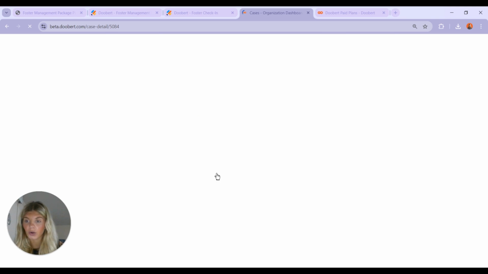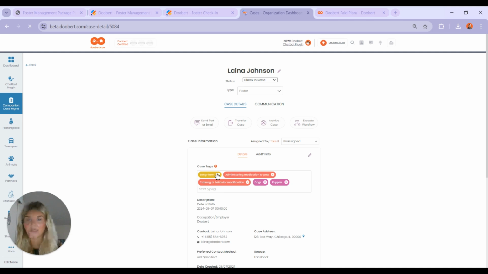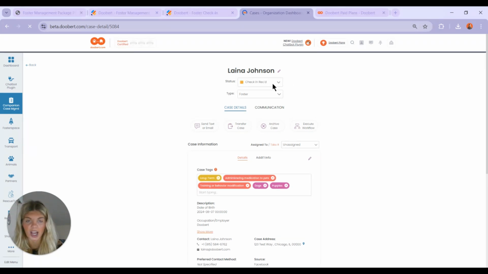When we get into the case, we're going to be able to just view all the information from our form in basically broken down simple terms. So right here, we have our status as check-in received because we sent back our foster check-in, which I'll show you guys the process for in just a second. So let me move this